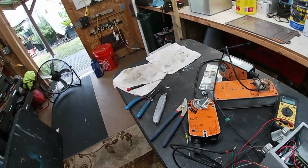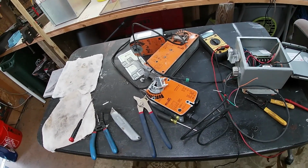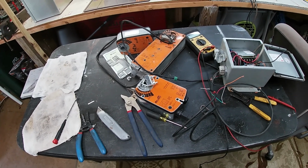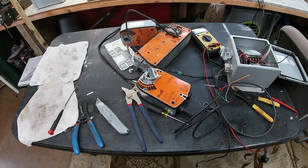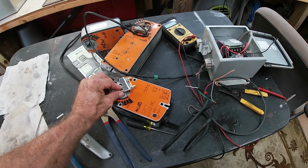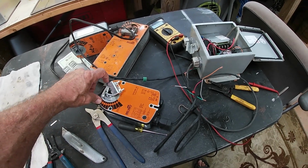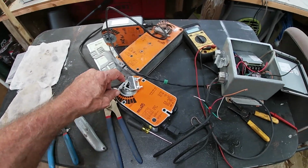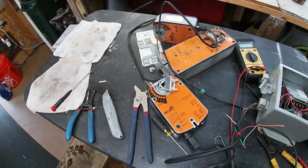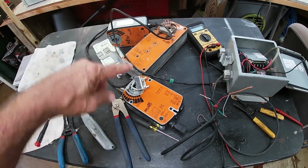In the meantime, I'm always doing something else too, right? Well, I got some old Belimo damper actuators. These are used to remotely control a damper in an air handling system or ductwork. And when you put power on this thing, 24 volts DC, it will move 90 degrees. And you can stick a shaft in there and clamp down on it and then put a damper paddle, or in this case we're going to put a pulley or a sheave on it, on the shaft, and